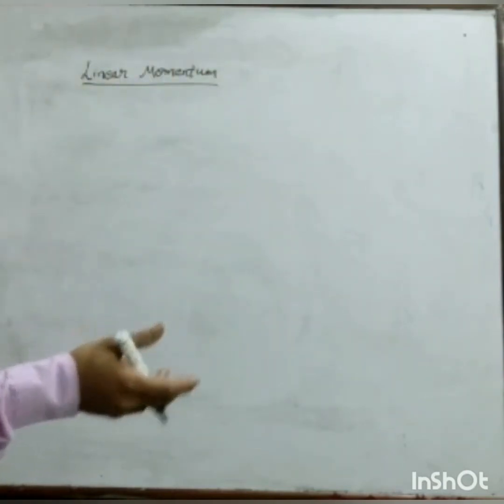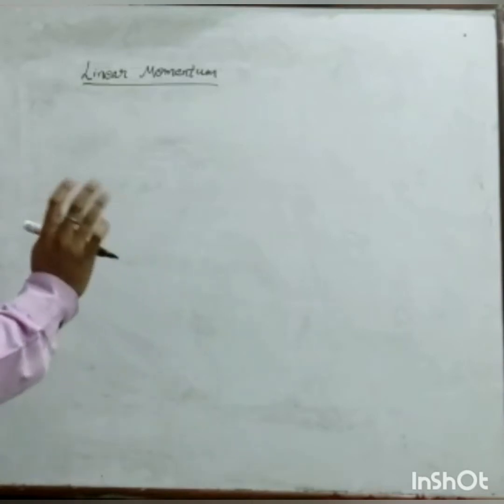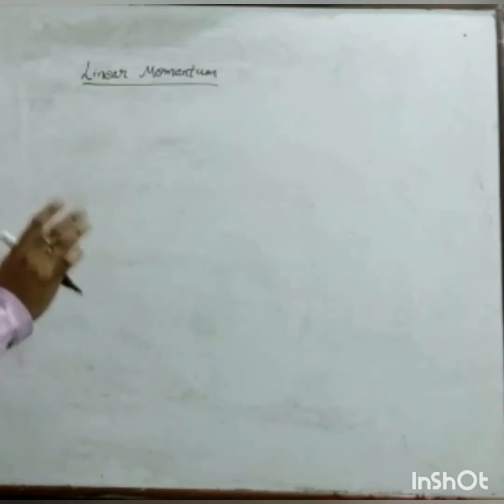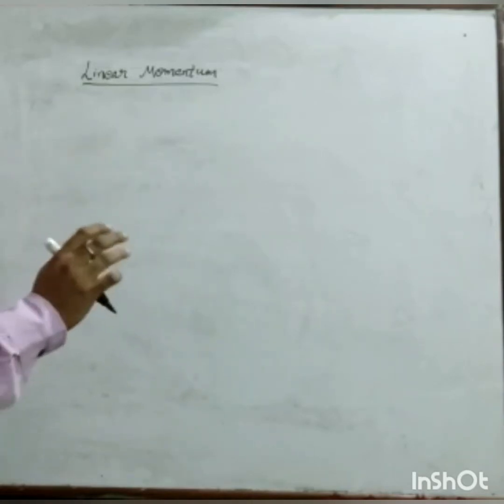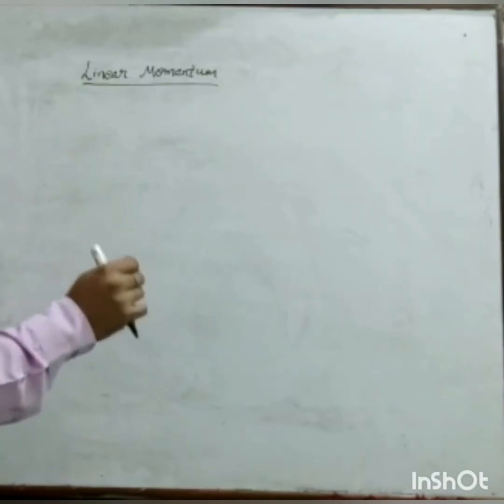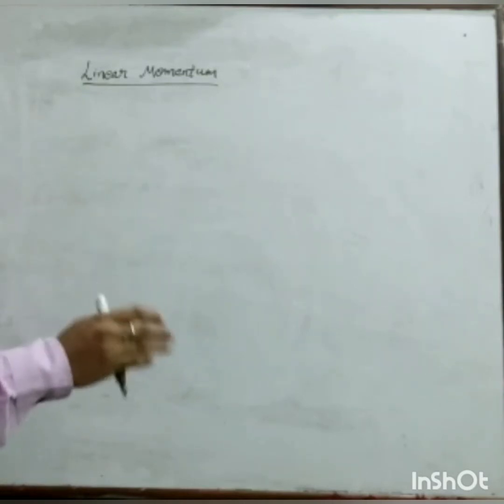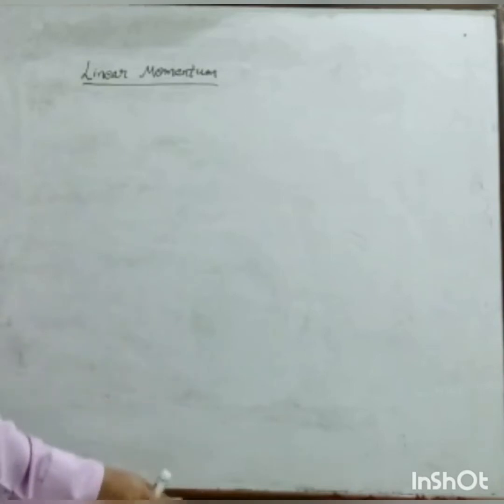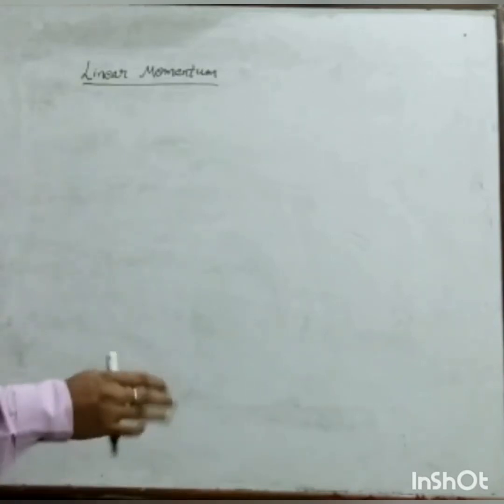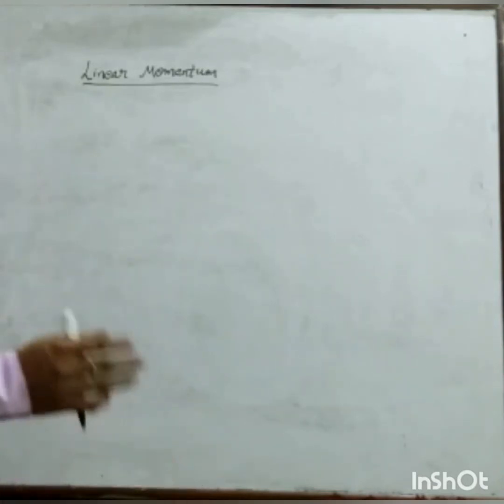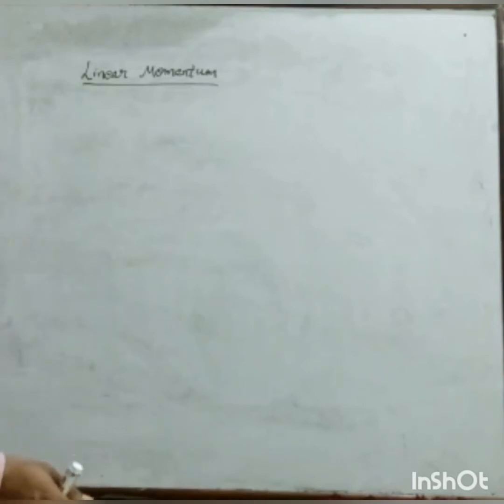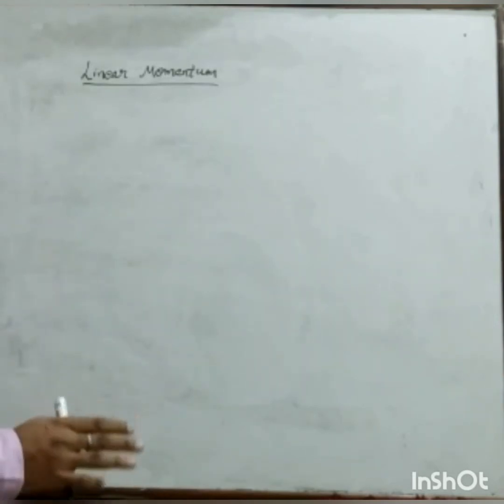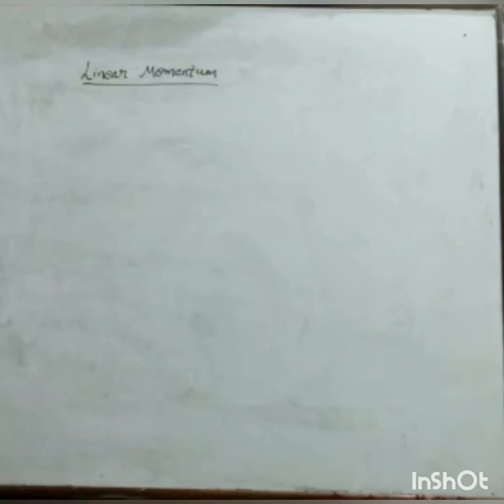It is our common experience that if two bodies of different masses are moving with the same velocity, they are brought to rest in the same time. The force needed to stop the heavier body is more than that of the lighter body. Similarly, if two bodies of the same mass are moving with different velocities, then to stop them in the same time, the force needed for the faster moving body is more than for the slower moving body.